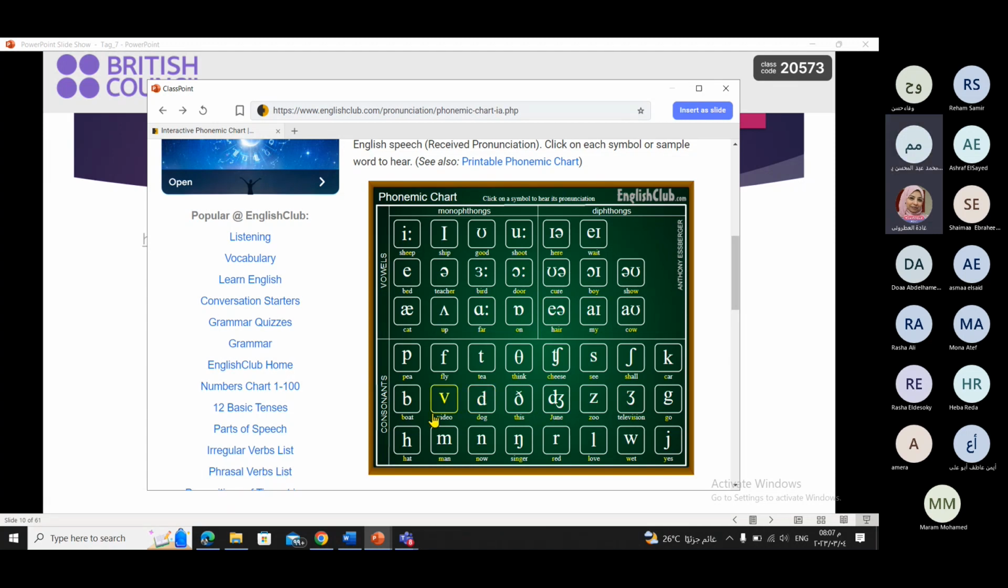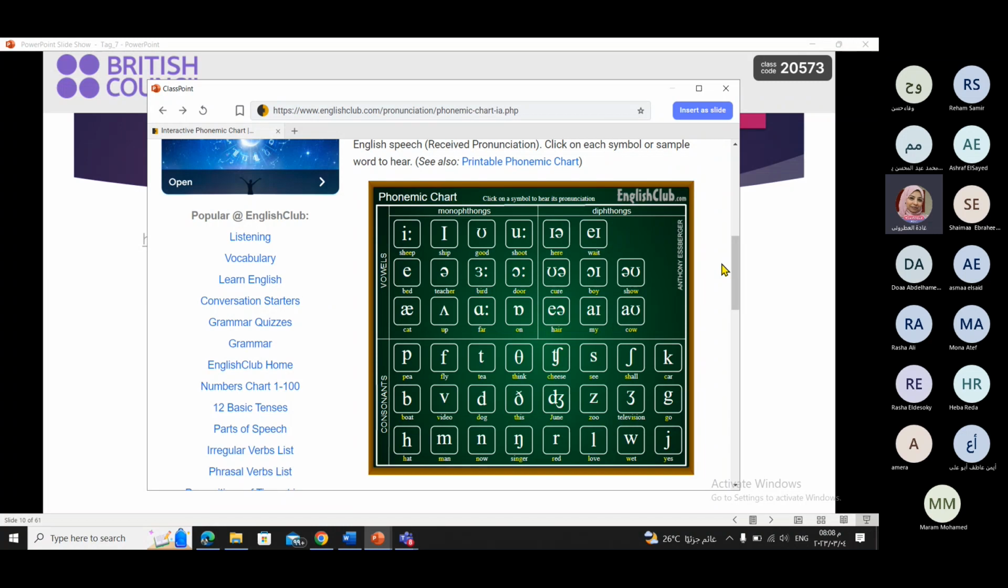The sound is different from the sound. This is a voiced sound because our vocal cords vibrate when we pronounce that sound. So I think we need to focus on this phonemic chart when teaching